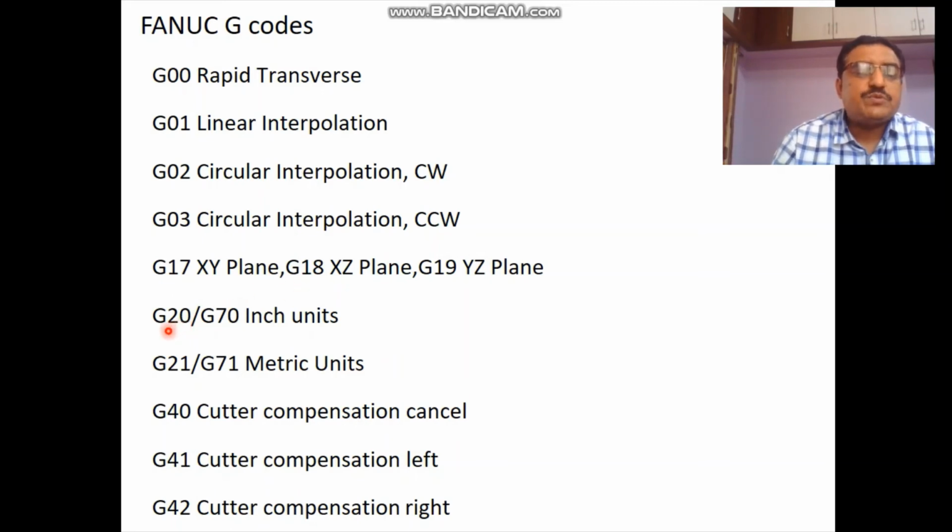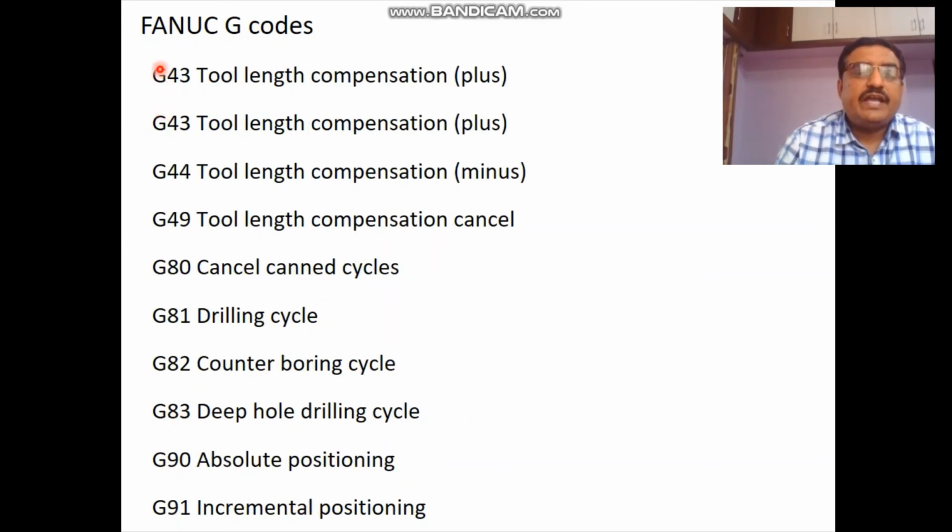To define inch programming and metric programming, G20 and G21 are used. For cutter compensation, G41 and G42 are used, and to cancel that compensation, G40 is used. For length compensation, G43 and G44 are used, and to cancel length compensation, G49 is used.